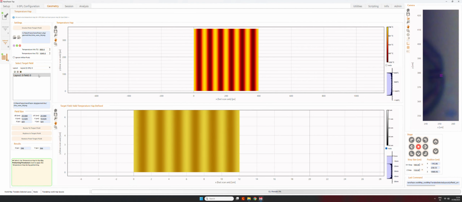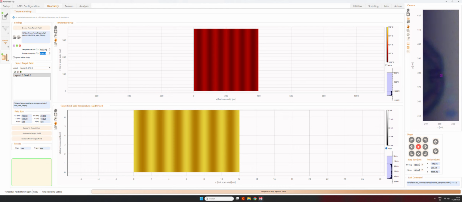So let's use a temperature map. Maybe we can increase this temperature a little bit more. Say we put it between 1000 and 1250.